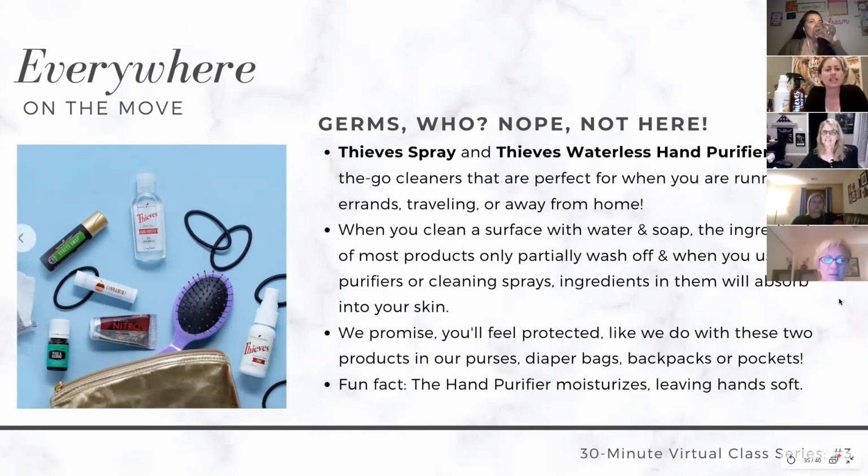Thieves spray and Thieves waterless hand purifier. I have both of these in my purse, and again, silly me, I forgot to grab them. But anyway, this is what they look like, is our image there. These are on-the-go cleaners that are perfect for when you're running errands, traveling, or are away from home. I've packed these in my purse since I've had them, with little ones and also just taking flights and anything else. Right now, that Thieves spray is phenomenal for shopping carts, but I did want to show you an alternative